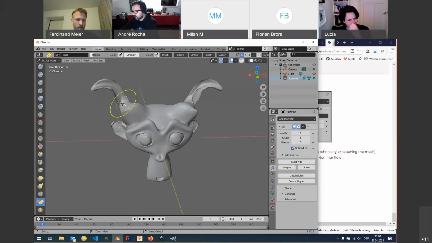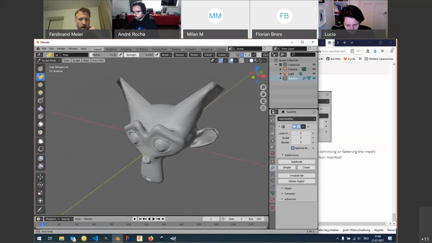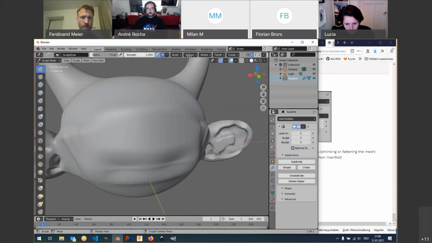Okay. And then we have nudge and rotate. But there's a whole lot of brushes. You can also mask out parts that you don't want to be affected. Maybe just a quick one. If you take the standard brush, up here you have all the settings for brush size, brush strength,